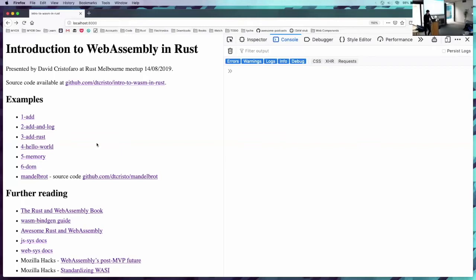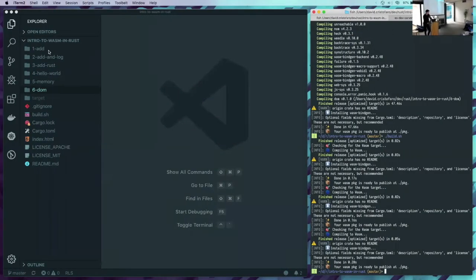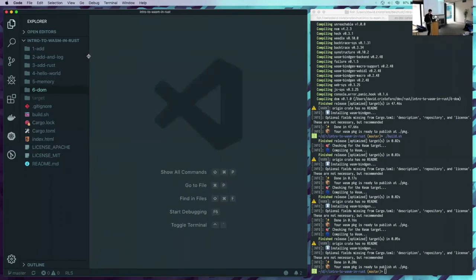So we'll get started, and I'm just going to be giving a few code examples and a few little demos, easing us into what WebAssembly is and how it works. So the first example is,